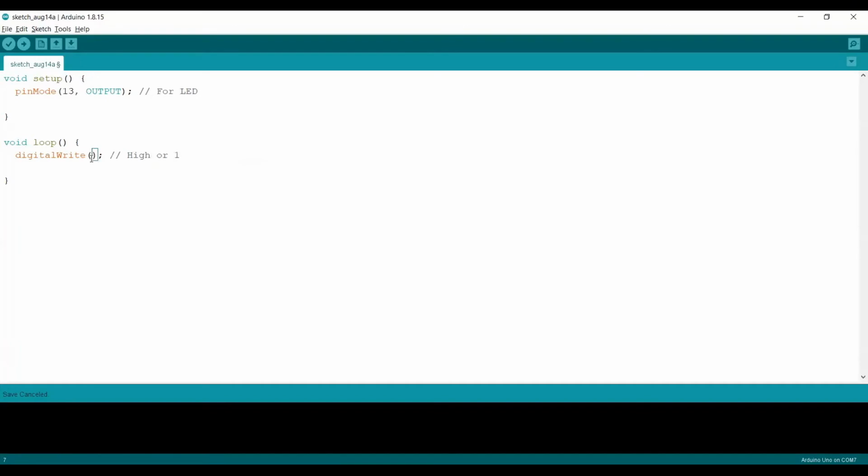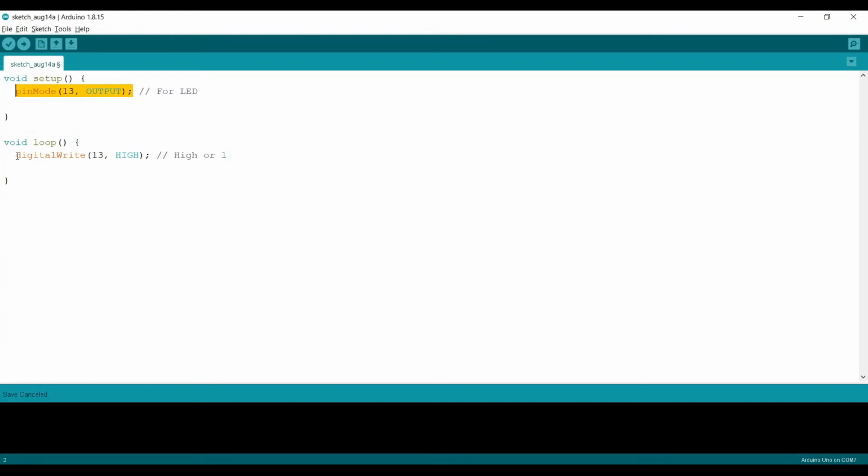There is something connected to pin number 13 and what I need to do is turn it on, so I will make it HIGH. This is the very basic code to turn on any LED. There are two lines that we have written. In the first line, we have written that there is something connected at pin number 13 and it is an output device.